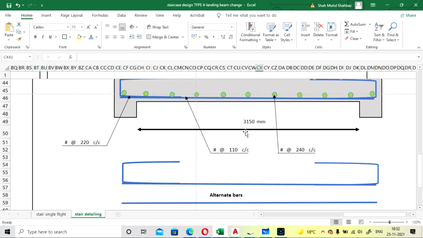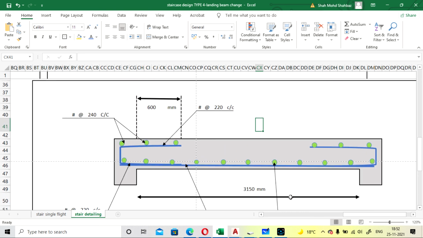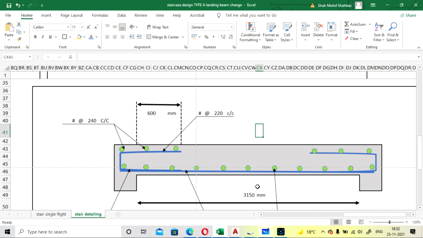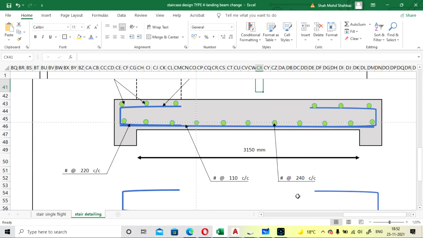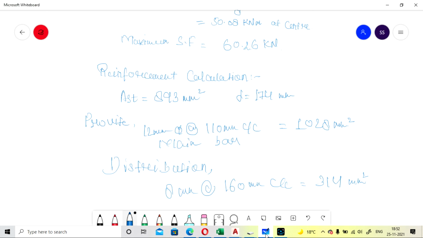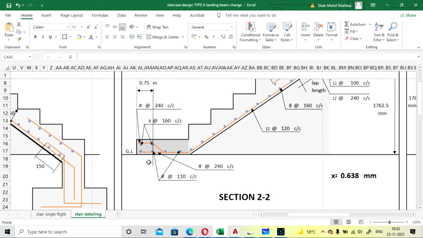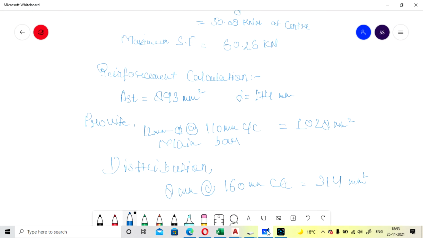Okay, a distribution bar is already provided for landing slab 1. Here it is provided at the top of the bent. Okay, 8 at 160, the distribution bar is provided.